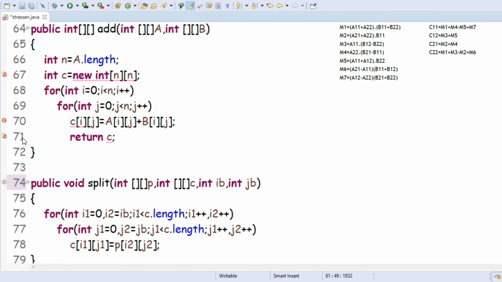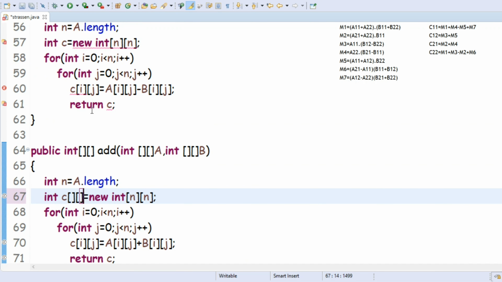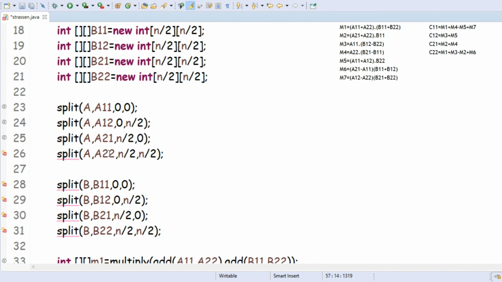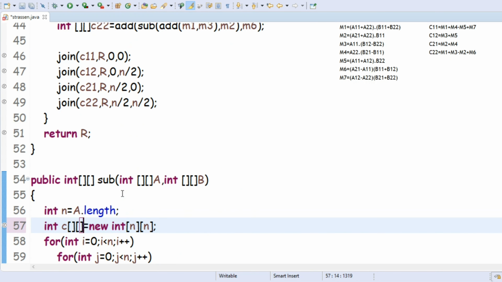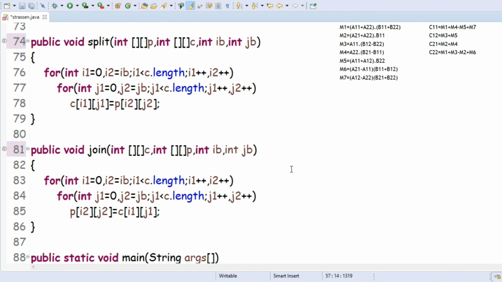Next, public int c. Okay, next anymore here too. Next, again it is showing that split has some errors. Int jb ib.